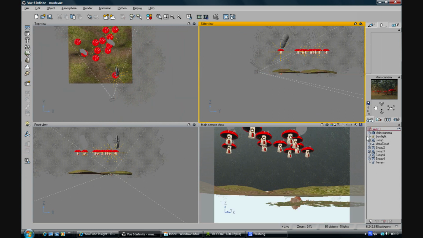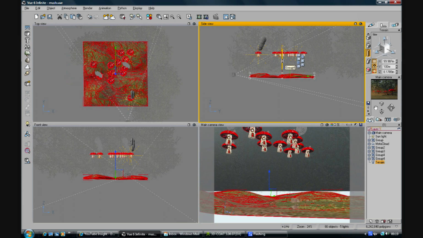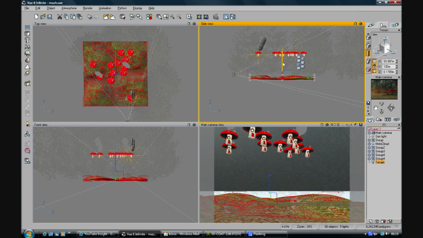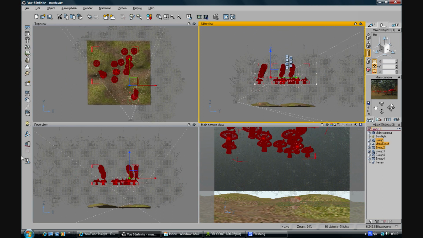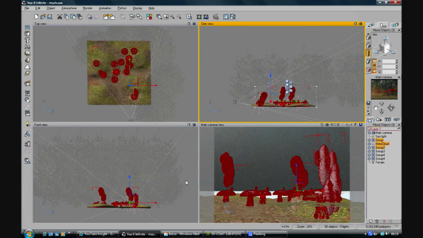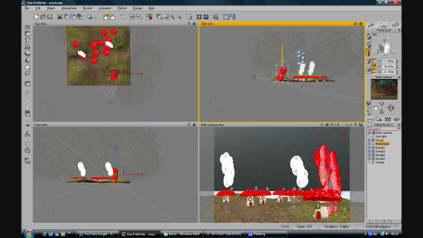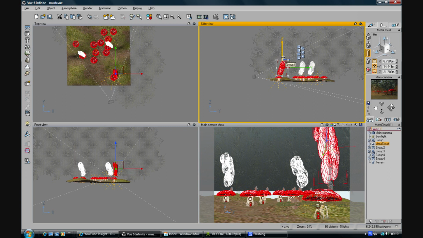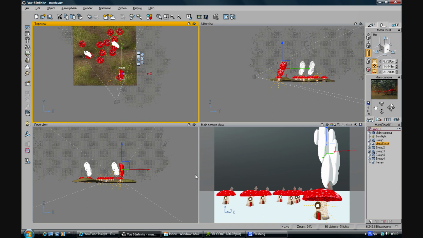And move that down until it's where I want it. That looks okay. Grab my mushrooms again. And use my drop key. Put some things a little bit out of kilter, it's not too bad. Let's drop them all to a particular level here,